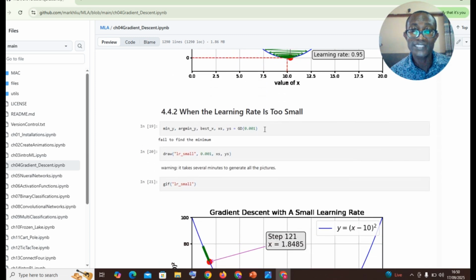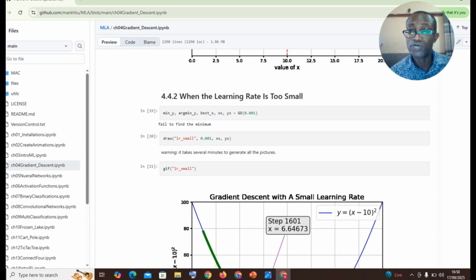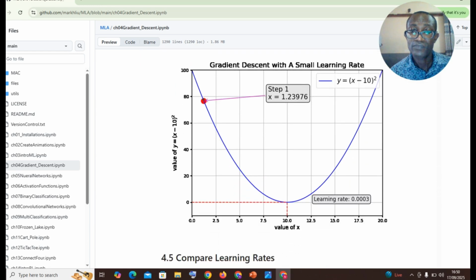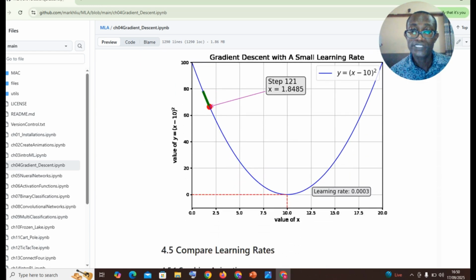What happens when the gradient descent learning rate is too small? This animation will also give you an insight to that. If you look at this, when the learning rate of the gradient descent optimization is small, you can see it takes quite some time and more resources to converge at the minimum,